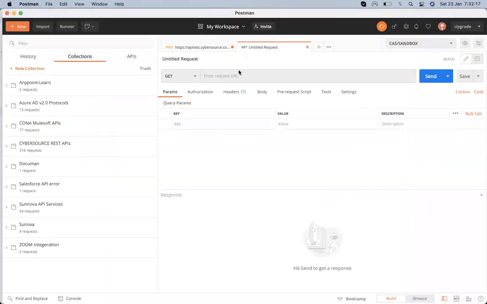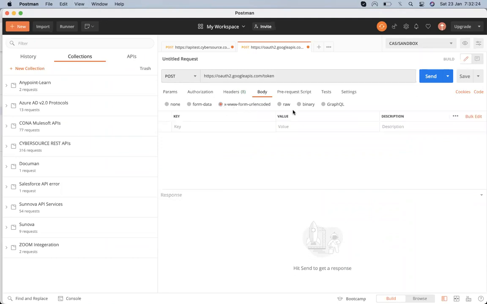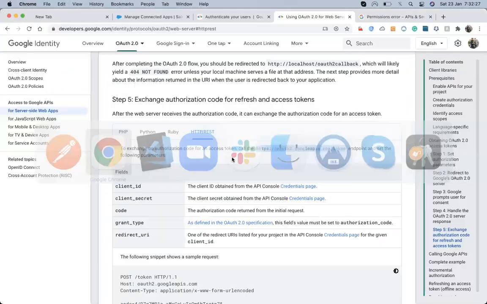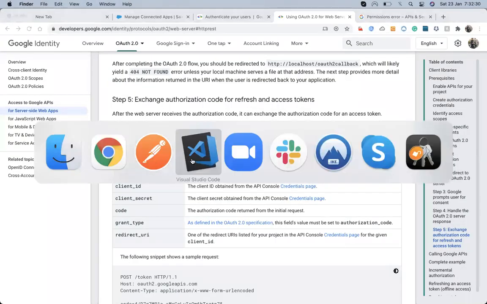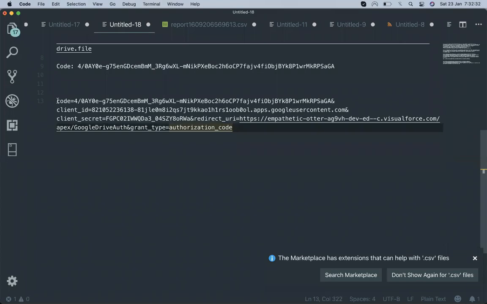Okay, let's copy that and paste it up here. We convert it to a post, and in the body, this is our body.